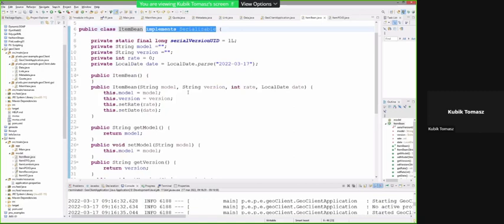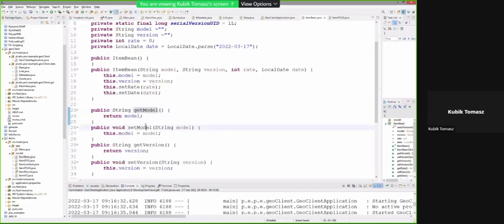What else? Every bean also has get and set methods. However, these get and set methods now have a very special meaning. In Java, there is no way of declaring so-called properties. In other languages, like